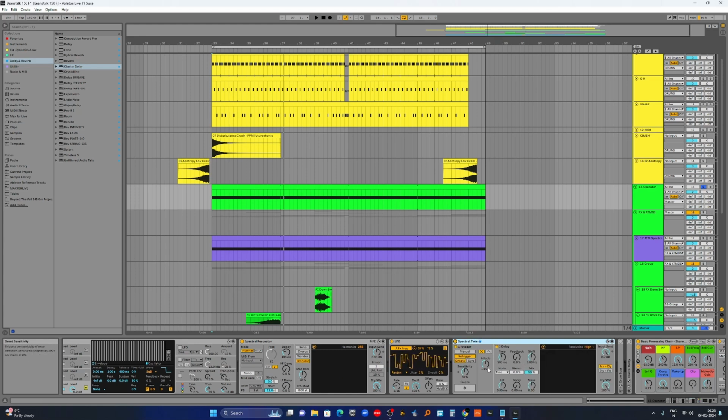So spectral time is going to freeze the audio. I've enabled freeze with 100% sensitivity, and onsets are basically whenever it detects a transient or a sound, like a short burst of sound, it'll trigger this section here, which will freeze the audio. And here you can choose the amount of time it takes for this frozen audio to fade in and fade out. So with this enabled, we get this sound,